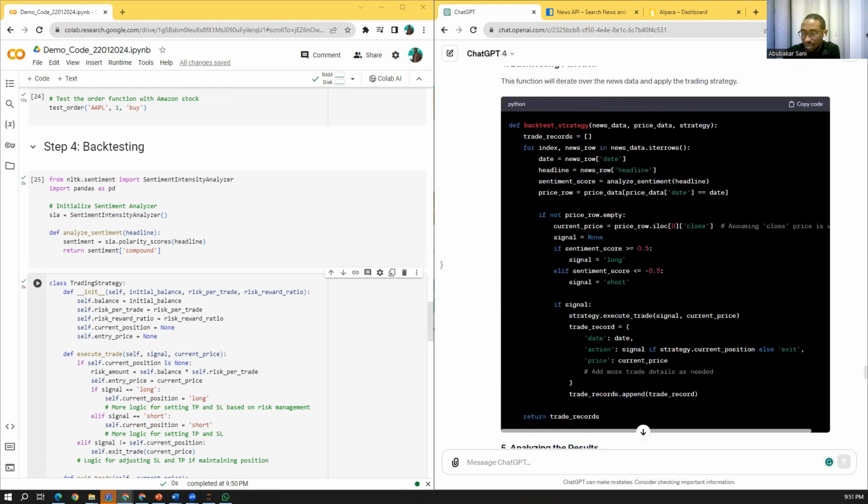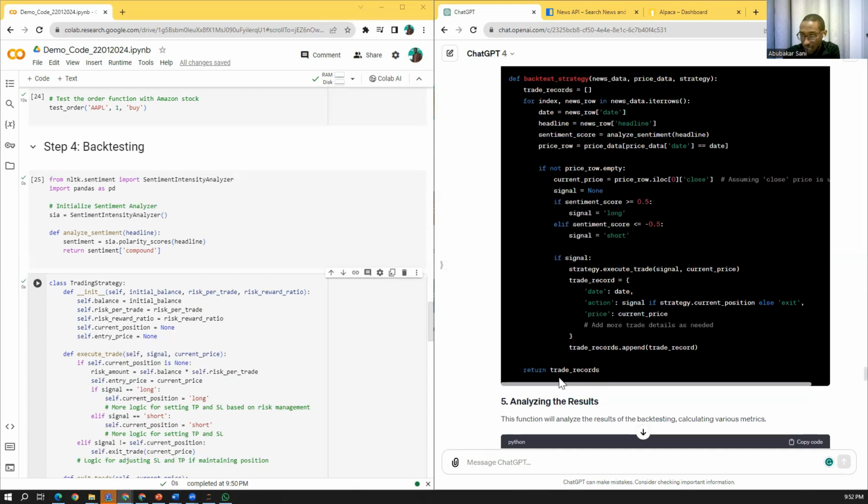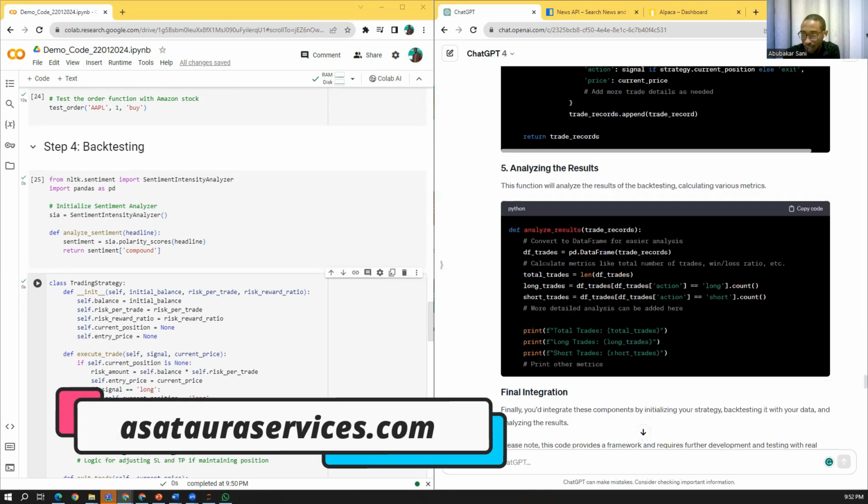It's backtesting the strategy. Okay, it tells me, this is how you backtest. So we take the news data, we take the price information so that it knows what is the price now, and it can do the calculation. It takes the strategy, of course, which is the thing we define. So now with this, it can keep records, have all this information for us, and the record is what we want to return at the end of the day.